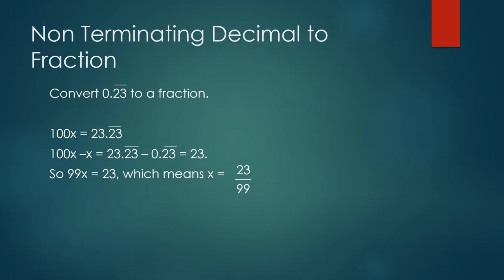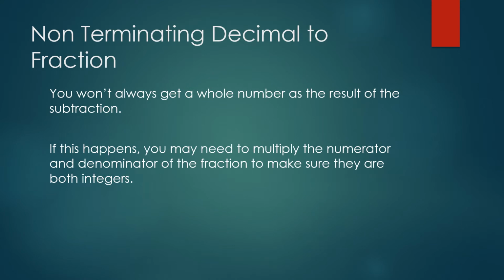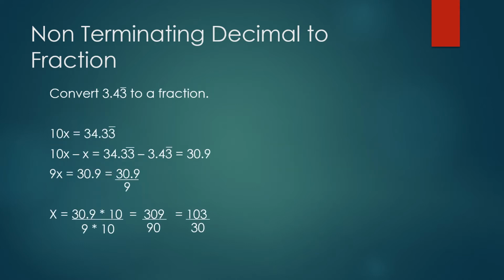It's fairly simple. You won't always get a whole number as a result of the subtraction. If this happens, you may need to multiply the numerator and the denominator of the fraction to make sure they are both integers. Note that the vinculum is only on the 1/100th digit, 0.343. So as per usual,